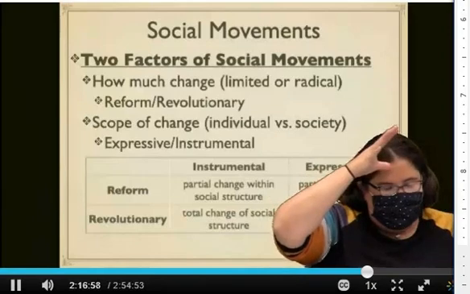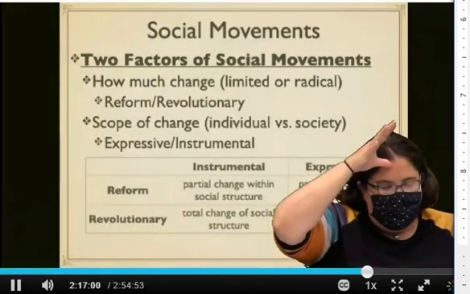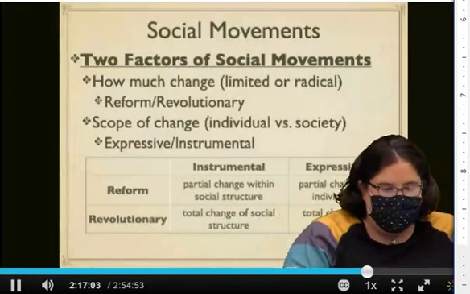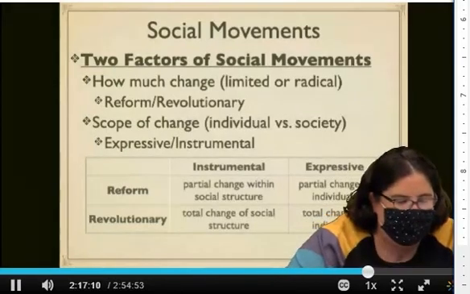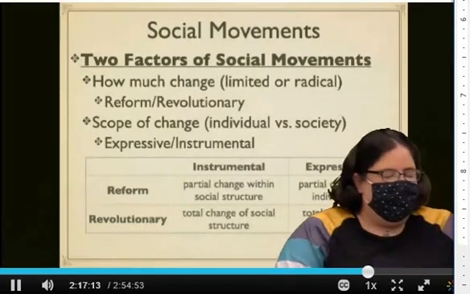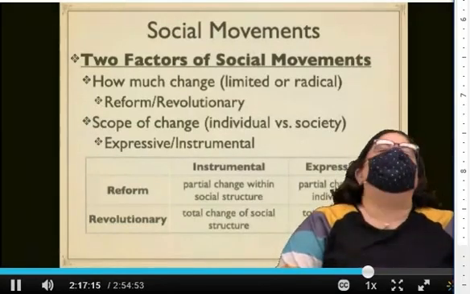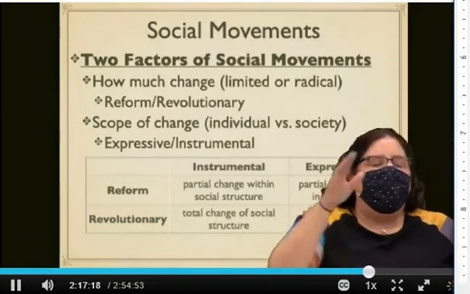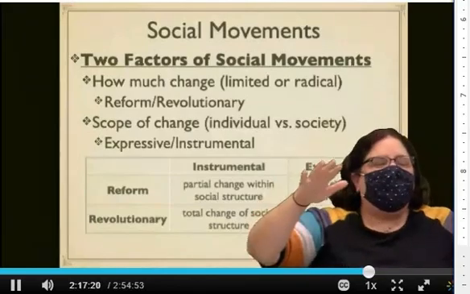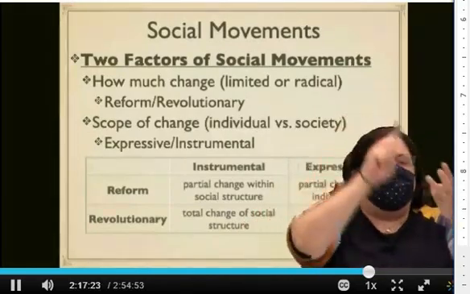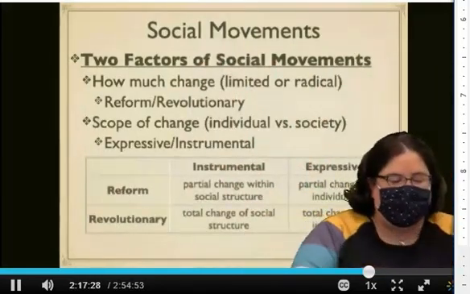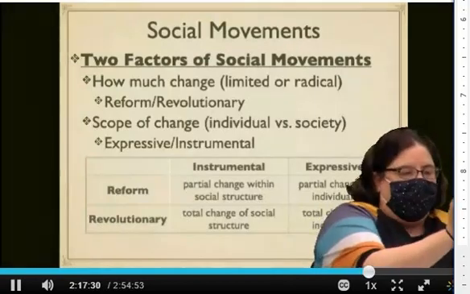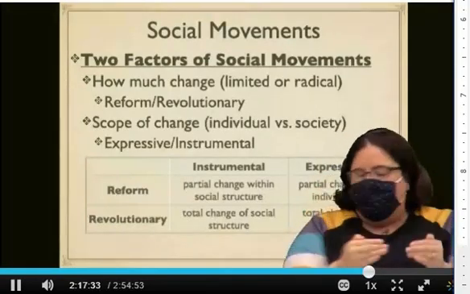Whereas, take for example the civil, I was going to say civil rights, but I didn't mean civil rights. I lost my train of thought. For an example of a revolutionary movement, the Bolsheviks was my example, right? The Bolsheviks wanted change, not just to the economic situation, but to the economic, political, social, educational, governmental spheres, right? They wanted total change to the society, not just about alcohol or just about pipelines or sovereignty or whatever.